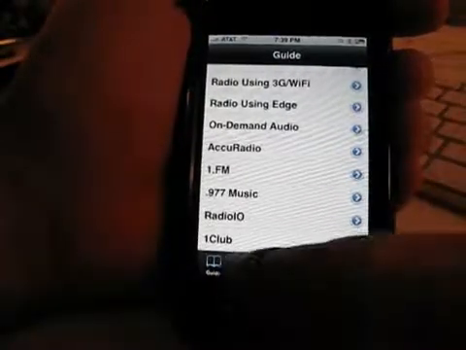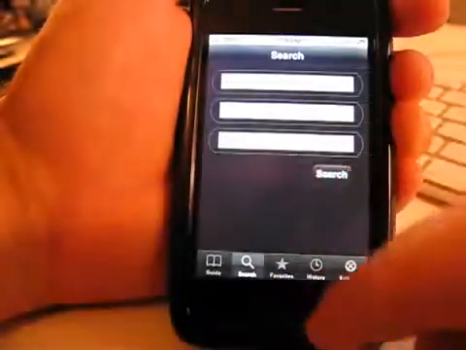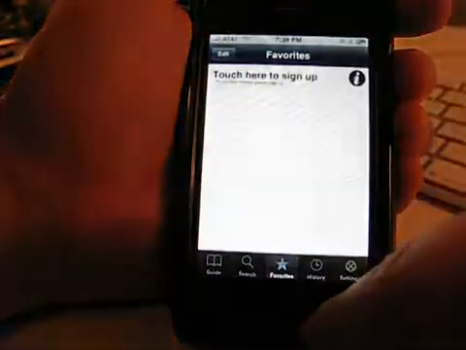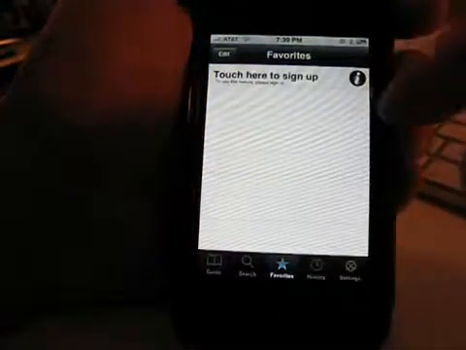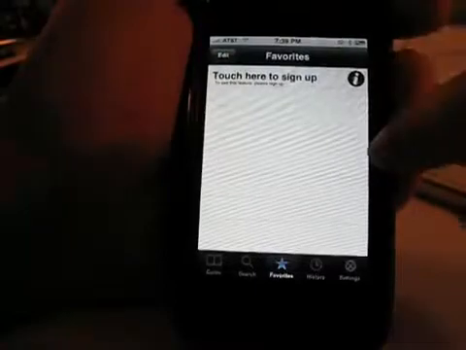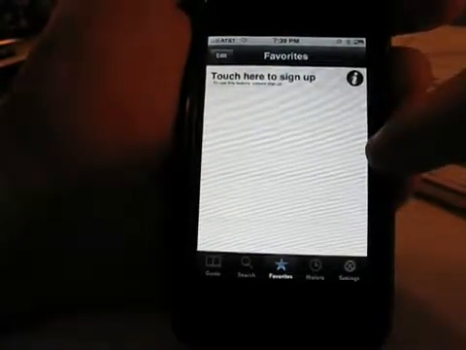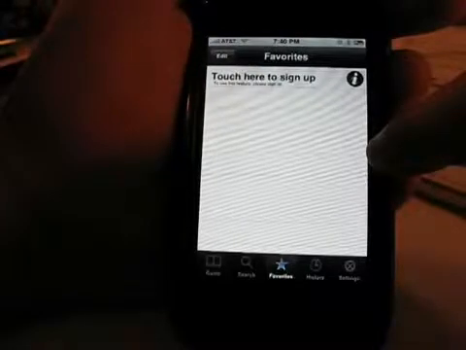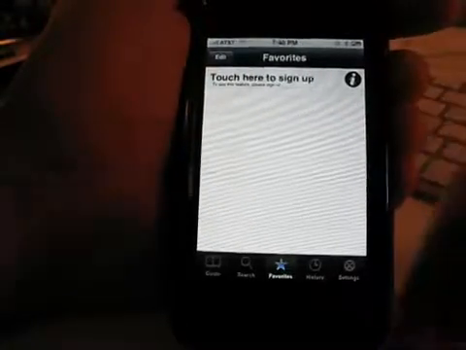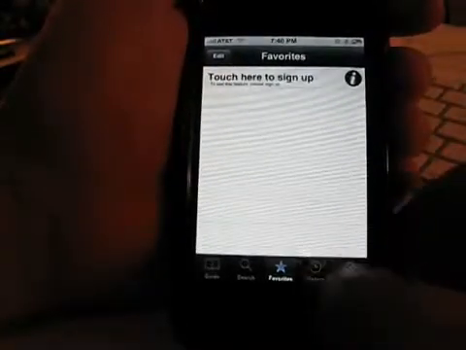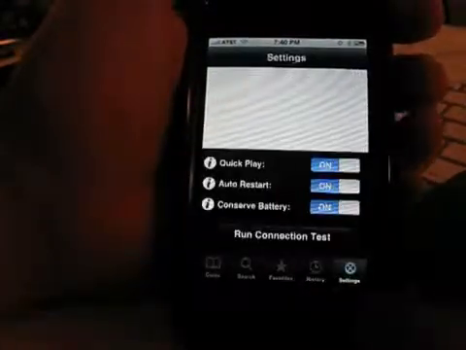So you've got your guide here, you've got search, so you can actually go and do searches. When you create favorites, you can get favorites, but you actually have to create an account first so that it remembers you, because it's going to sync your information with your Flycast account online too, so you can listen to music from online. You've got your history, and then you've got your settings,